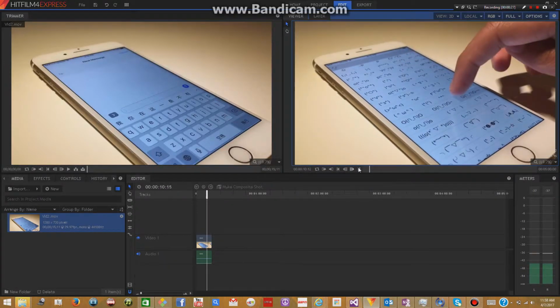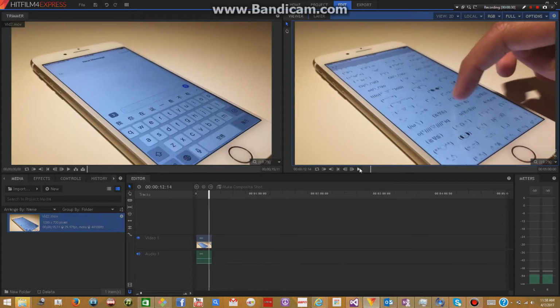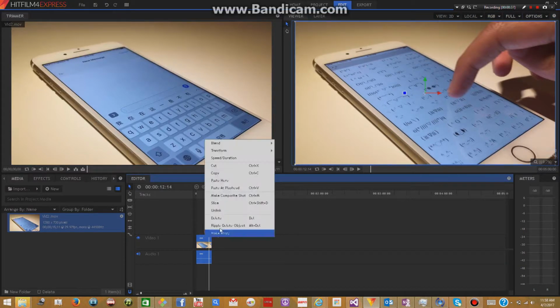And now let's say I want to make that faster. What I'm going to do is click on the clip. So left click on the clip, and then you're going to right click on the clip, and that will open up all these different options to start editing. Then if you want to make it faster or slower, we're going to click on speed and duration,